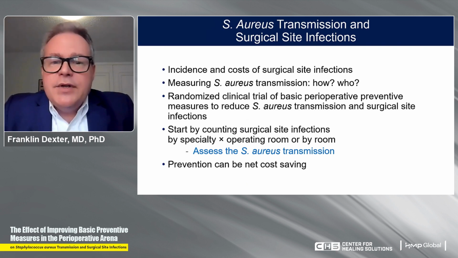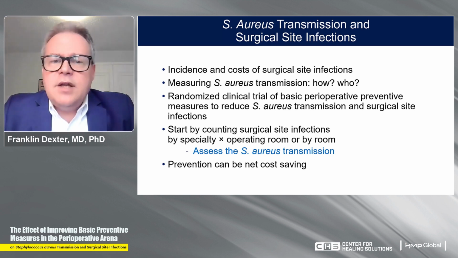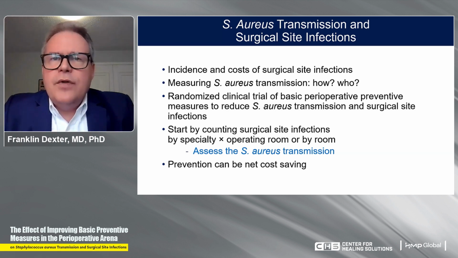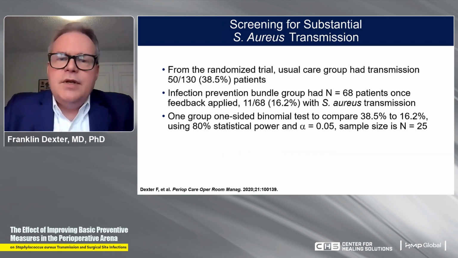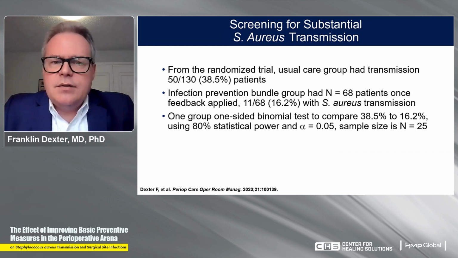So you figured out the specialty and operating room combinations to target. The next step is to assess the Staphylococcus aureus transmission for the combinations. This is a baseline process. So what sample size do you use to assess if transmission is large? What is a large Staph aureus transmission rate? What is a small? The way to be able to judge that is to use the results of the randomized